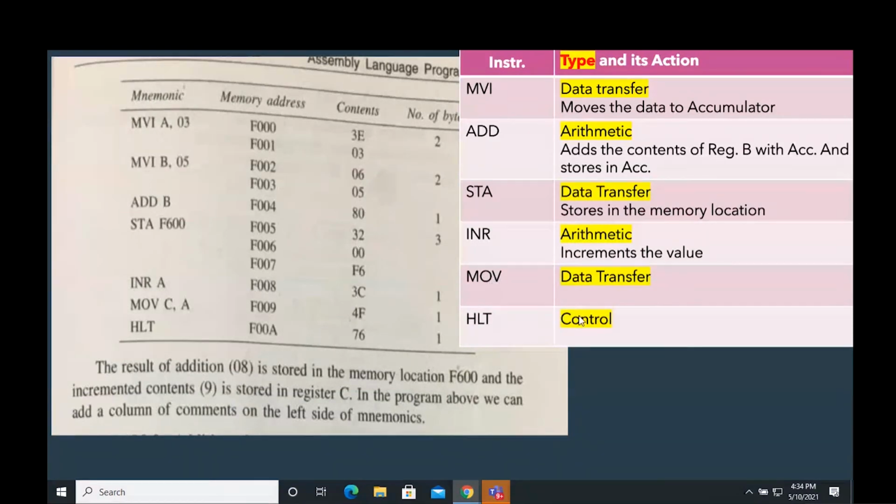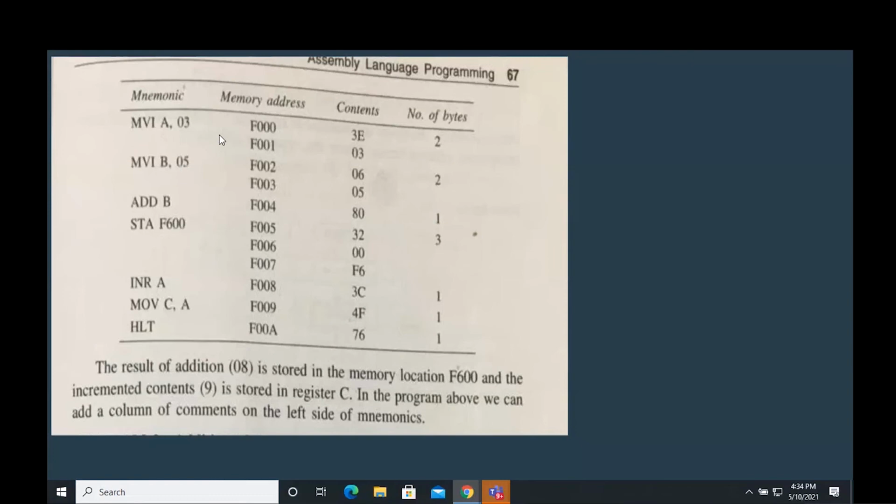All right. Now, let's come back here. Let me first do this. So MVI, as we know, it's a 2-byte instruction. We are loading the instruction here, and the data in the next address. Similarly, MVI B is again a 2-byte instruction. So I have two addresses here. The first hex code represents the MVI B. The next one represents the 05. So 05, as it is, is the data you are putting over there. ADD B will be in the next instruction. It's just a 1-byte instruction, as you can see, just 1 byte. So the hexadecimal representation is 80.